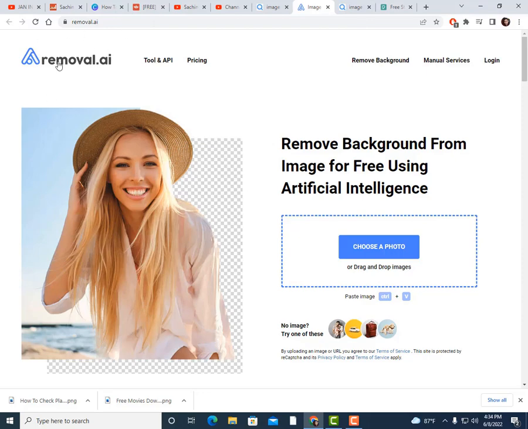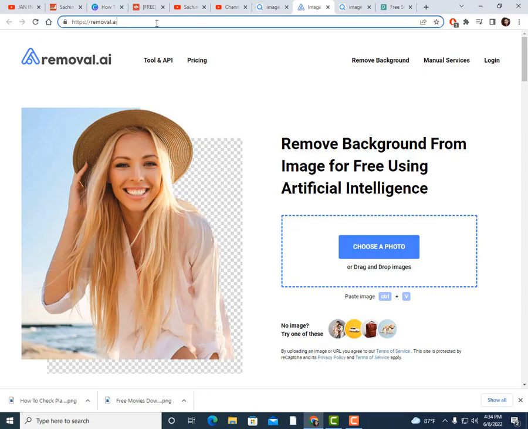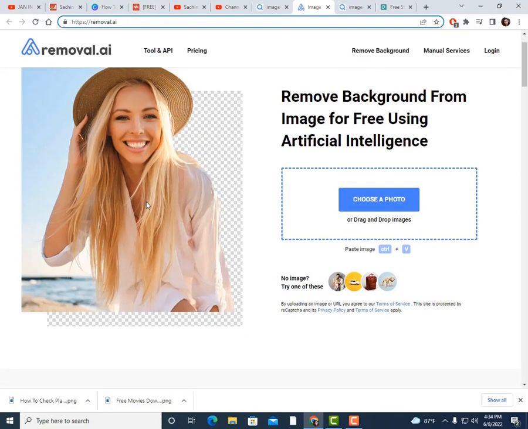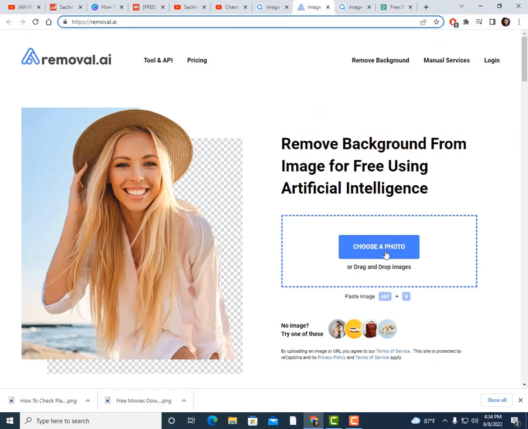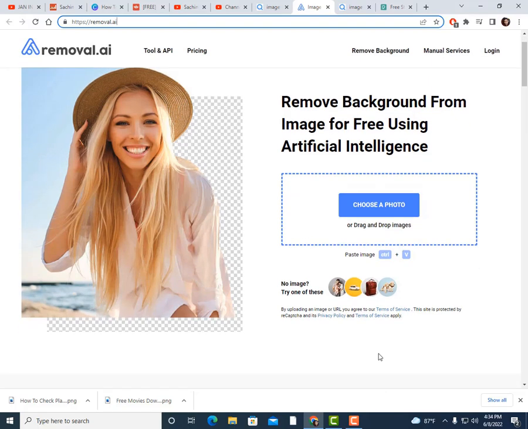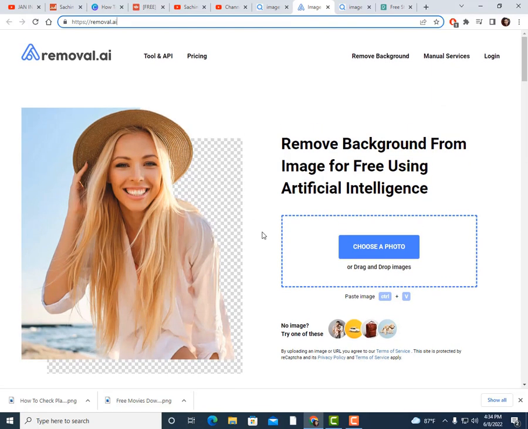Here you can see this is one of the best websites, removal.ai. You can browse it in your browser, type removal.ai, and you can find this website. Here you can see "Choose a photo or drag and drop image." First I can download any image, and